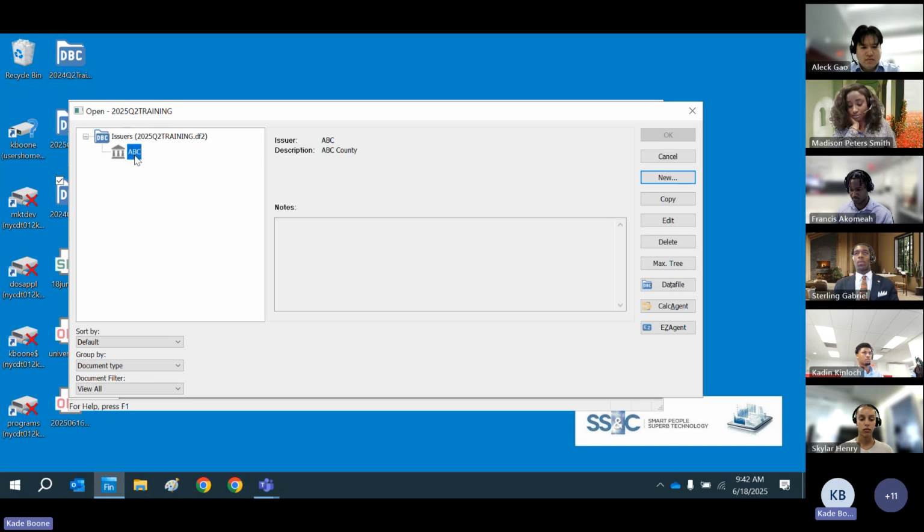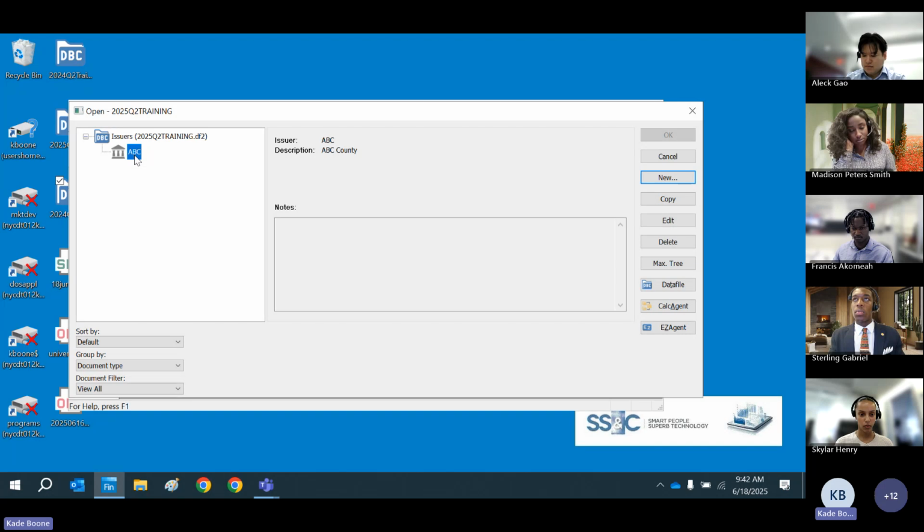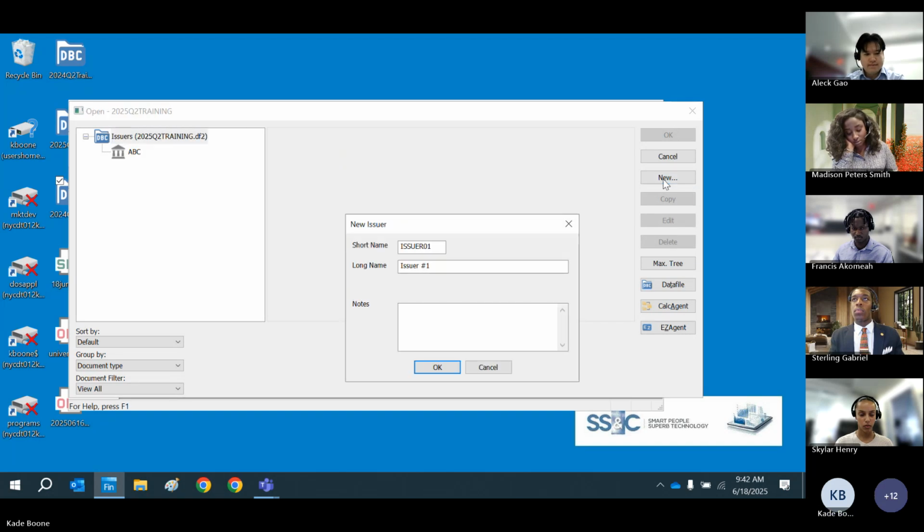the different series. Now, I will say, if you're going to do a refunding, it's always best to put all the actual series, all the refunded bond series, everything underneath a particular issuer, meaning, ABC, if I create a